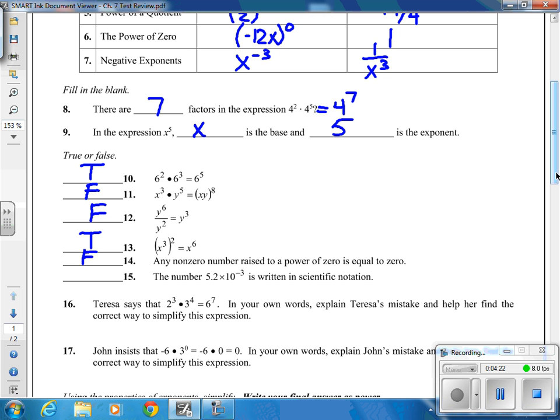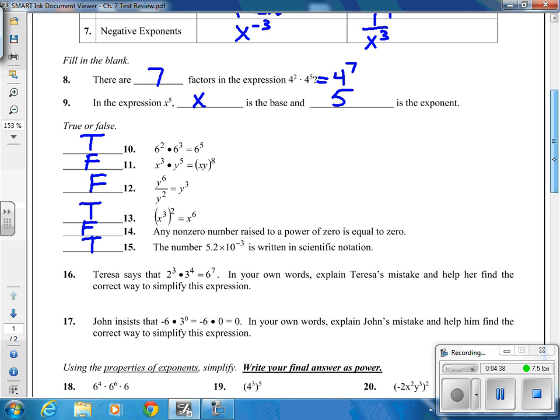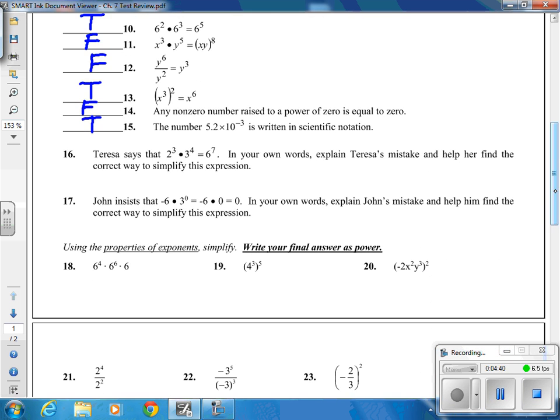For number 15, scientific notation, that is correctly written, true or false? Well, as long as the first number, remember, has a digit between 1 and 9 in front of the decimal, and everything else looks good, and it's a power of 10, this is a true statement. So you do have to be able to recognize true and false statements based on stuff that other people have done. Right, so looking at number 16, Teresa says that 2 to the 3rd times 3 to the 4th is